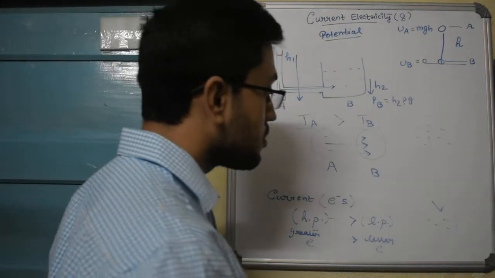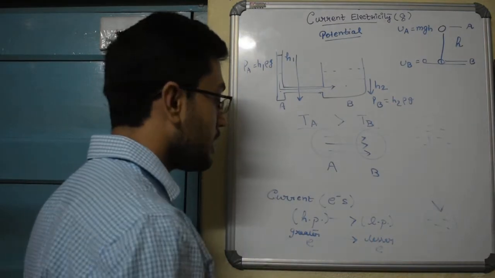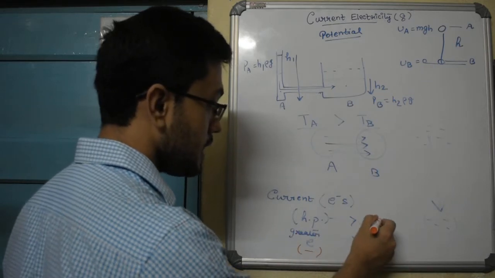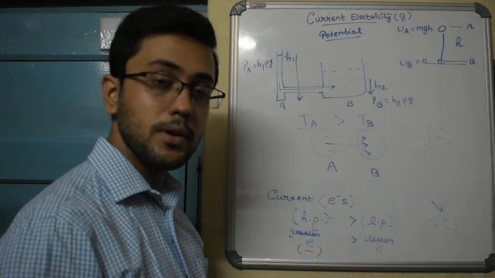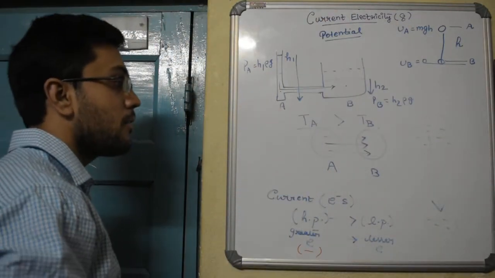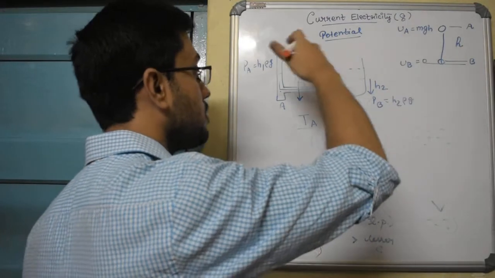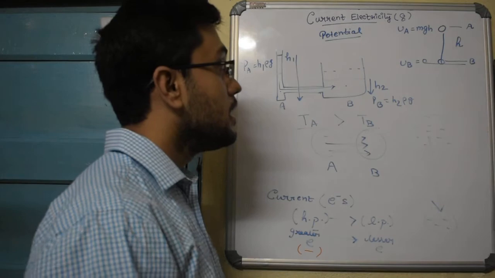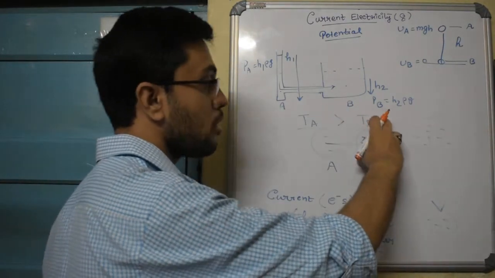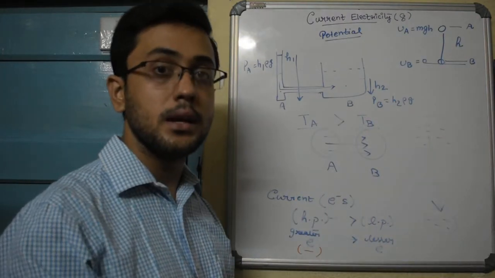But you also know that according to the convention, electrons have a negative charge. So the area which has got a greater number of electrons also has a greater negative charge than the area which has got a lesser number of electrons. But if you look into all these examples, you shall find that the flow is happening, whether it is the flow of a body or water or temperature and heat, it's always happening from a greater positive quantity to a smaller positive quantity. It is not happening from a negative to another negative quantity.